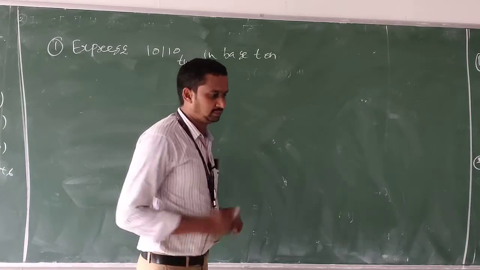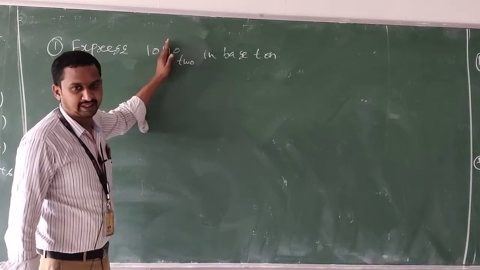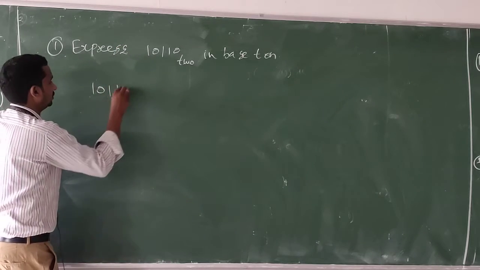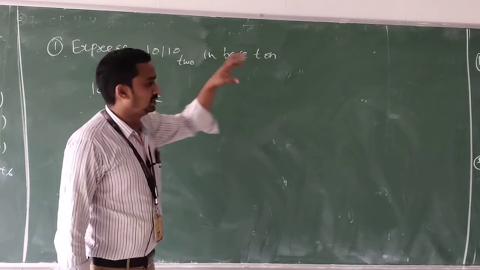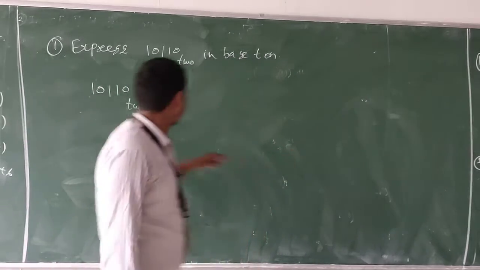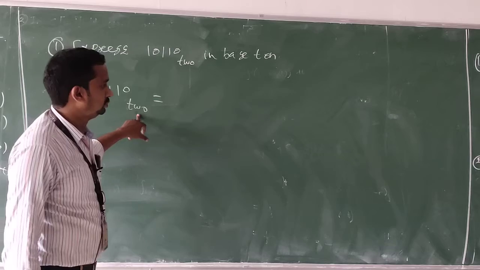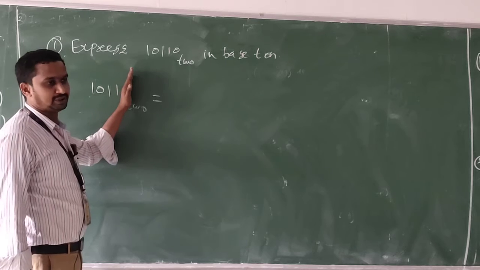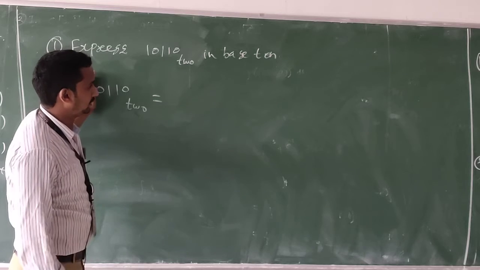Okay, very simple problem. Generally in mathematics, what is the first digit generally? 0th, first, second, third, fourth, etc. That concept is included here. Now write the problem 10110 base 2. Each and every individual element will be multiplied by the corresponding base. Here the base is 2. The power is counted from right to left, so the powers will be 0, 1, 2, 3, 4. So the last term will be multiplied by power 4.